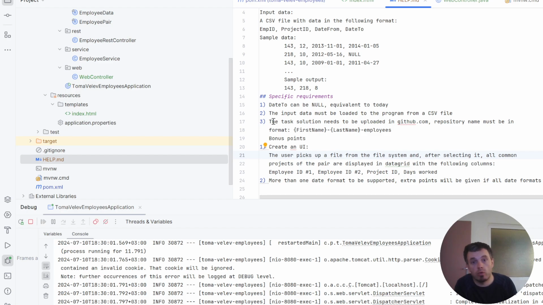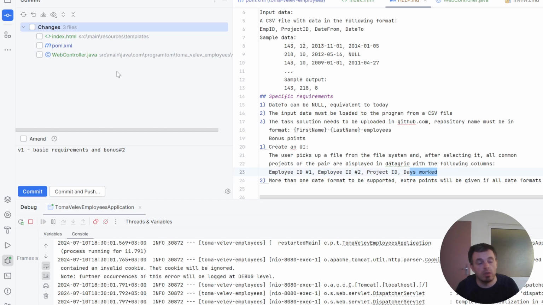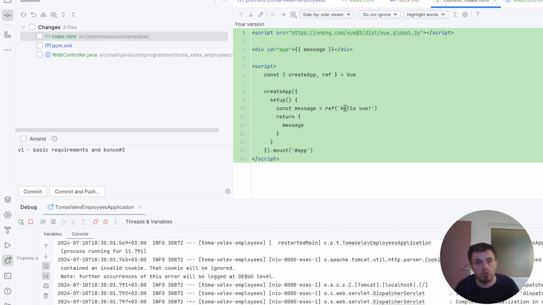I'm gonna complete the previous project by using VueJS as a front end. That will get file upload, and it will return the requested employee ID, employee ID 2, project ID, and days worked. So far, I've committed the code that I did the last time, and I've introduced some small hello world